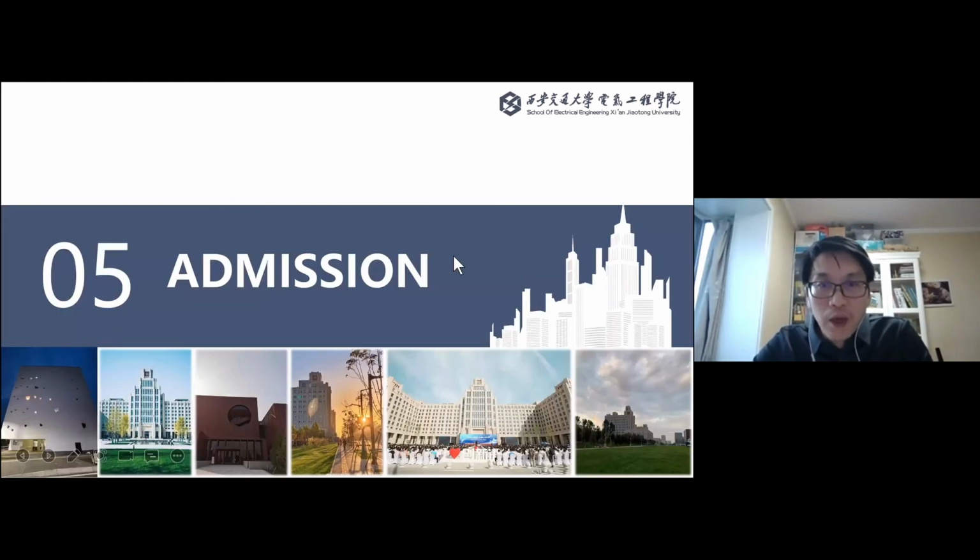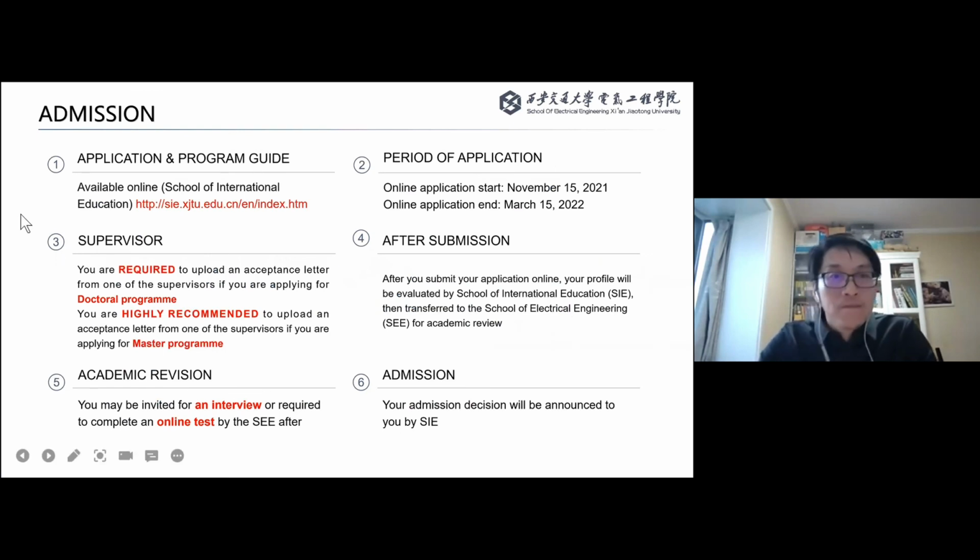And for the admission, we have some information about that. The application and the program guide are available online on the website of the School of International Education. The application period began last year on November 15, and it will close on March 15 this year. For the supervisor, you are required to upload an acceptance letter from one of the supervisors if you are applying for the doctoral program. And you are highly recommended to upload